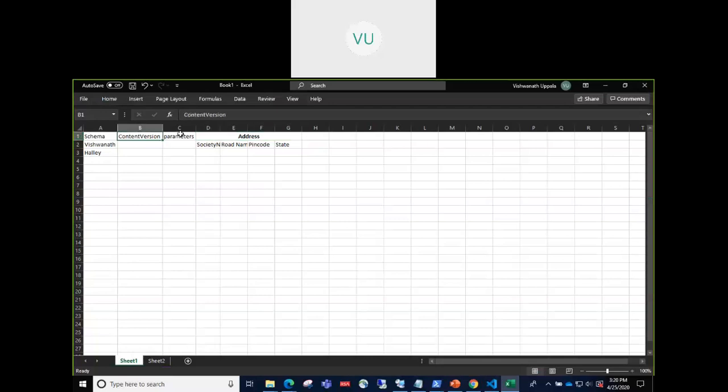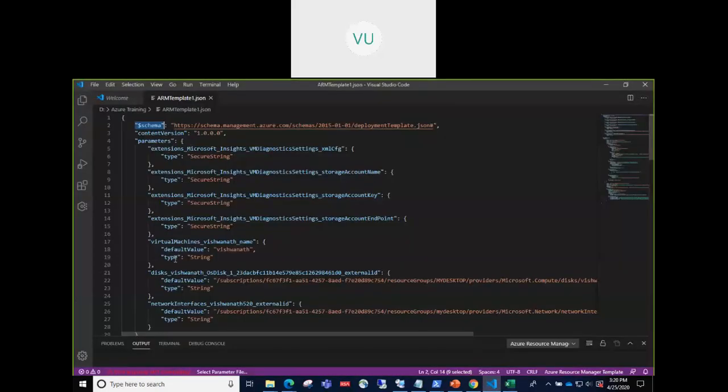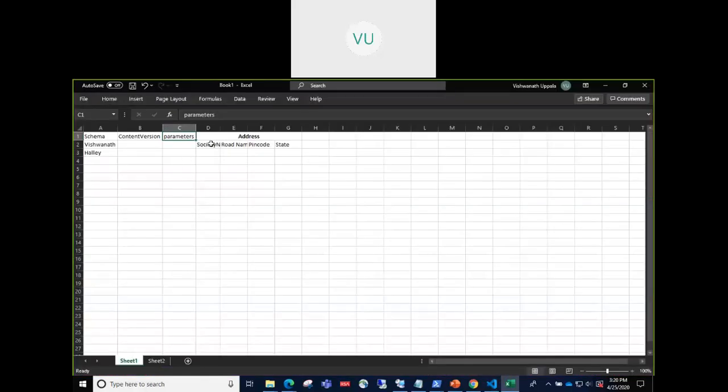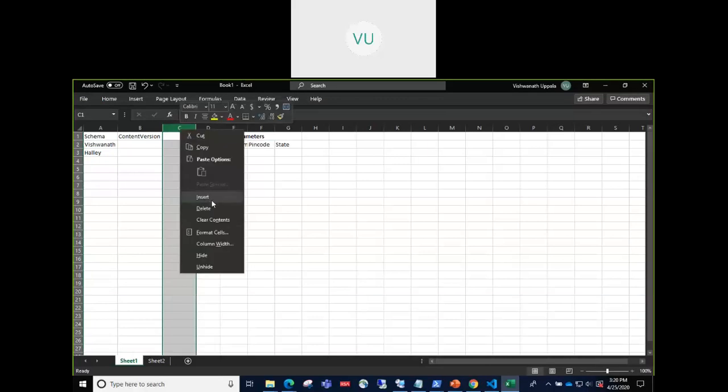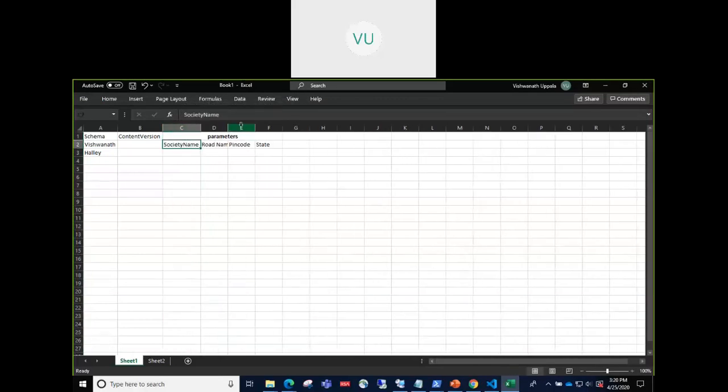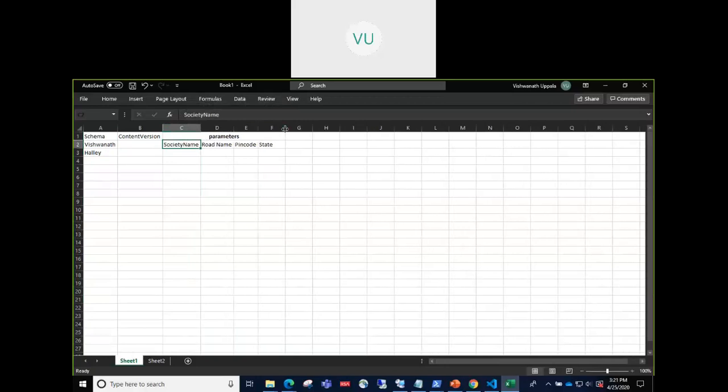You have this schema, content version, parameters, and then parameters itself has different values like the machine name, disk name, and certain other parameters. So you can think of this as parameters, which is like a parent, and it has some child parameters within it.